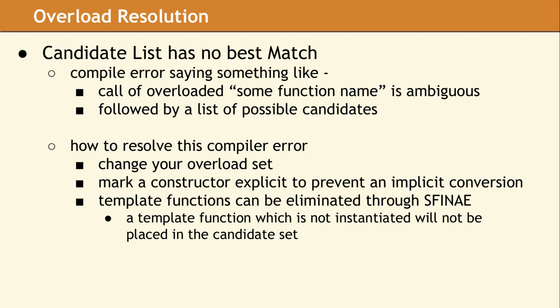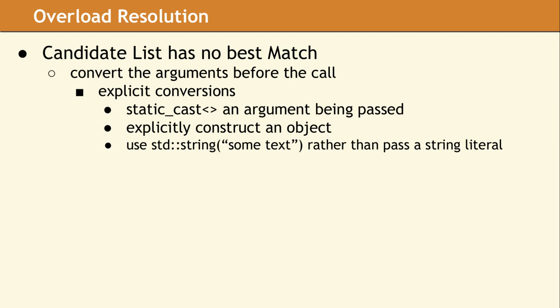If the ambiguous overloads include templates, make sure your templates are as specific as possible. This may involve using a default value or SFINAE to prevent certain template functions from being valid candidates. Another way to resolve ambiguous calls is to use an explicit conversion. Explicit conversions are a way for a programmer to convert the argument before the overload resolution occurs. This will reduce the number of viable candidates and alter what is considered a good match, thus ensuring the desired